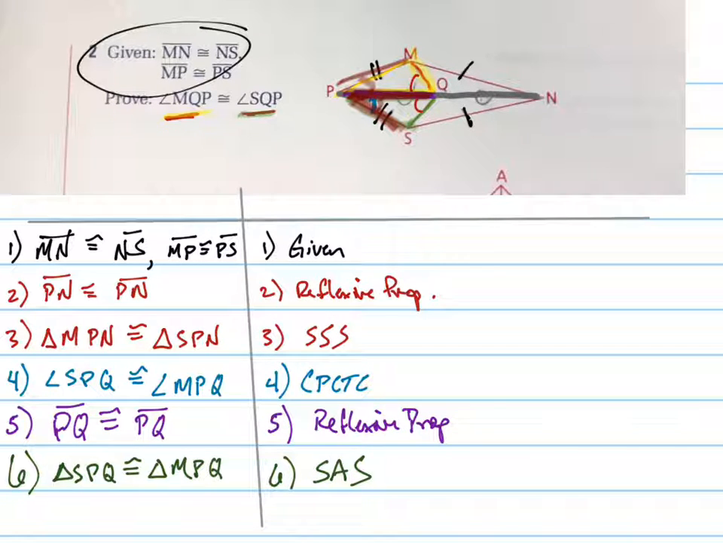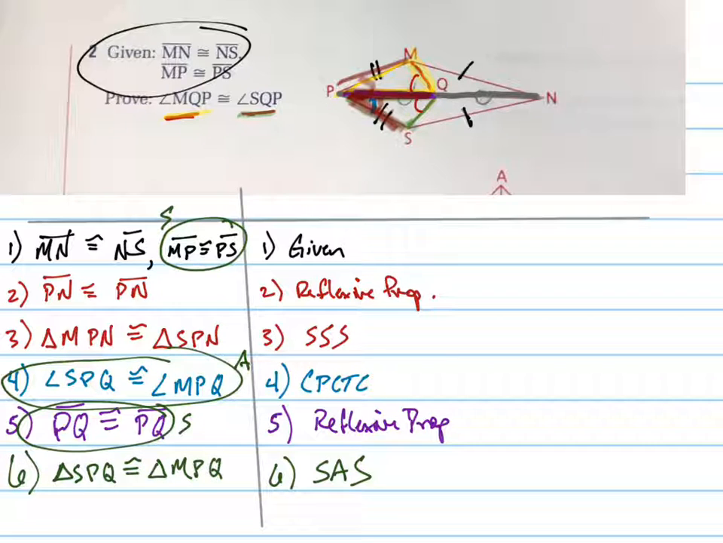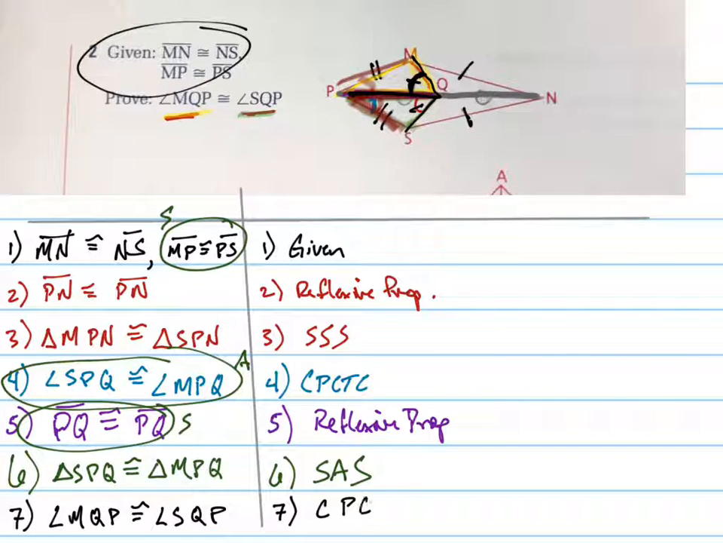My first side was the given one right here, MP. That was my first side. My angle was what I just showed right here, and my last side was right here. So that was my side, angle, side. And now that I have established that those are congruent to each other, I can say my last step, which is that angle MQP is congruent to angle SQP. MQP right here, that angle is congruent to SQP right here, and that's because of CPCTC